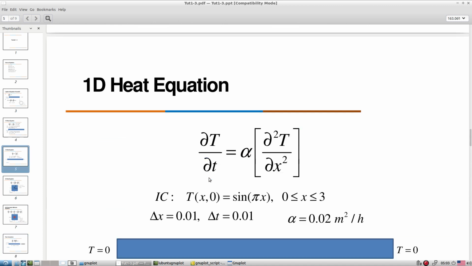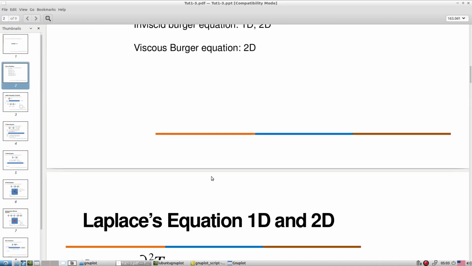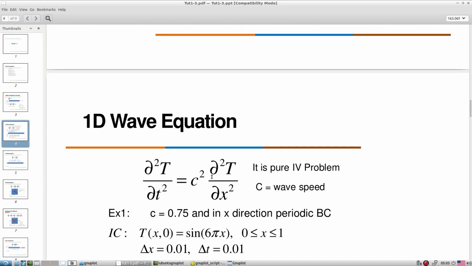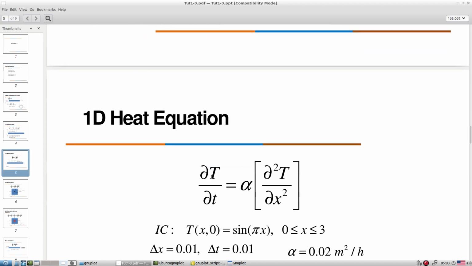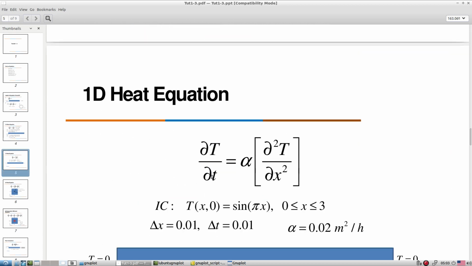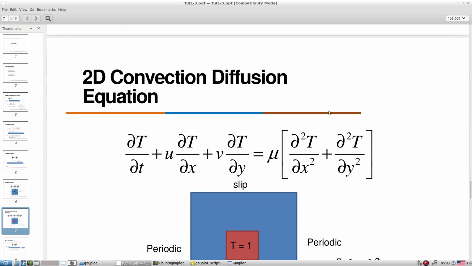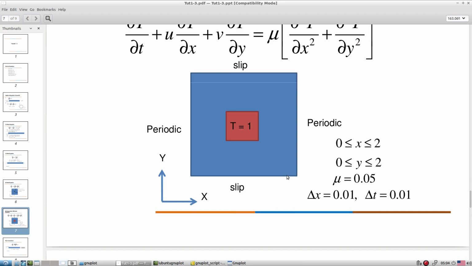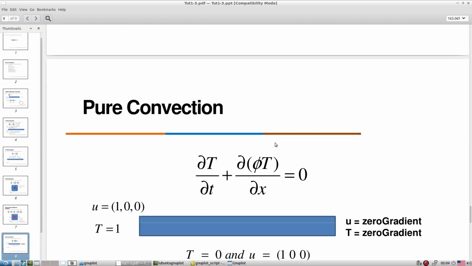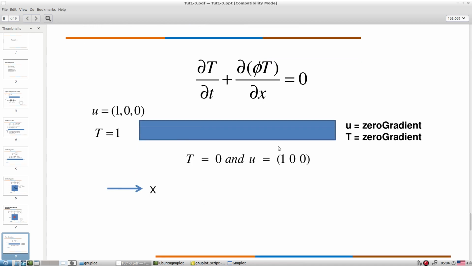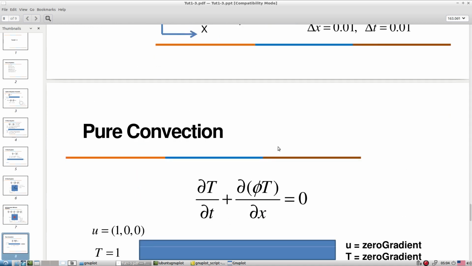So what we covered in this discussion, so we started with the Laplacian equation 1D 2D, then wave equations. Okay, and then we go toward the heat equations where we only have a diffusion term and the temporal term. Okay, so 1D 2D diffusion, then we go to a convection diffusion equation where we have convective part as well as the diffusive part, then we go toward the pure convective type of the equations. Okay, so this is how we can create a very simplified class of the solvers for different class of equations.